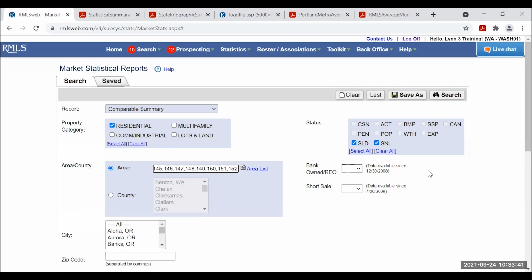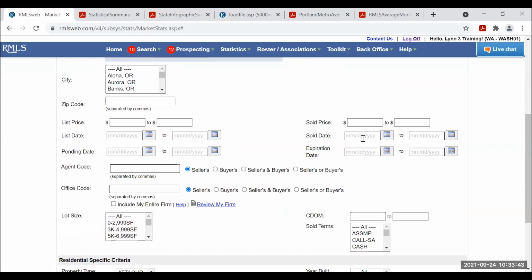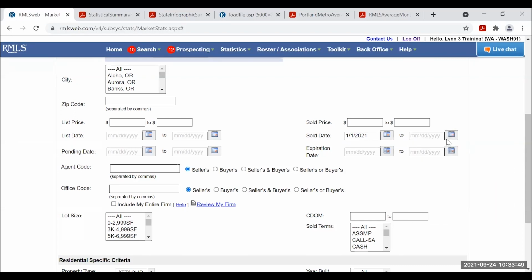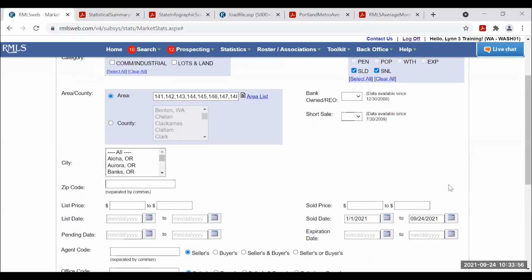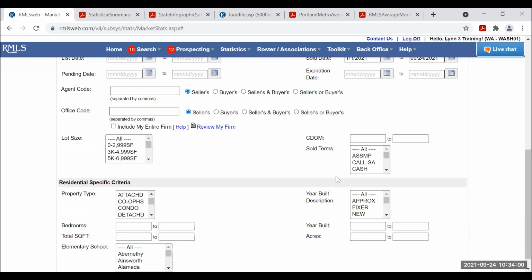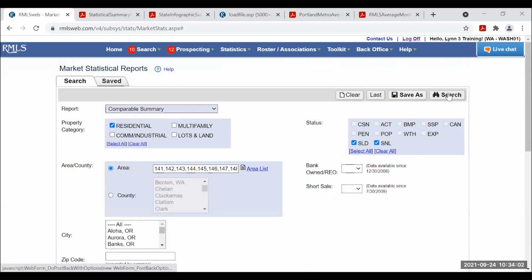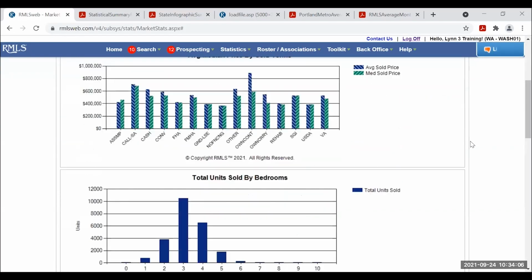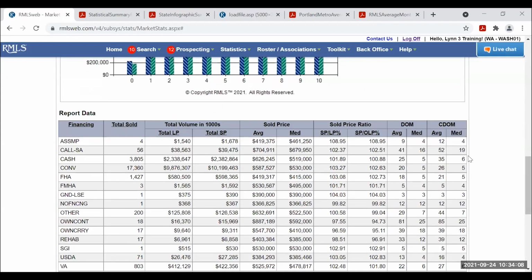Sold, sold not listed, and then again I'm going to do year to date. 1/1/2021 to, oh my gosh, it's almost the end of September. So just in general, with no other criteria, I want to see days on market, average, and median.